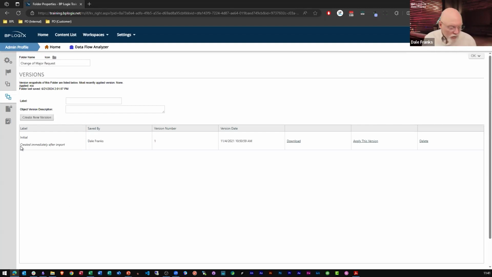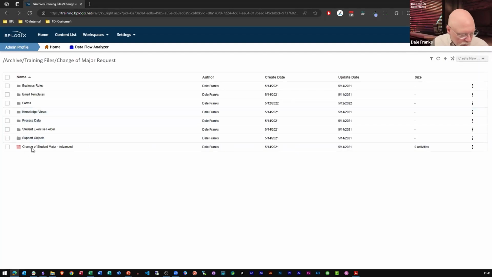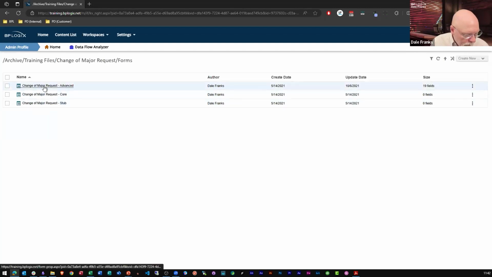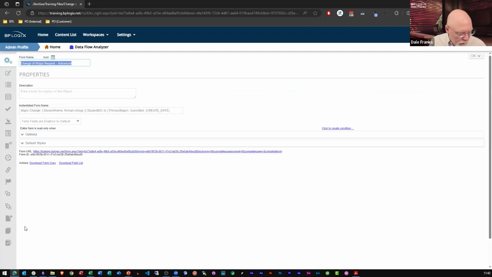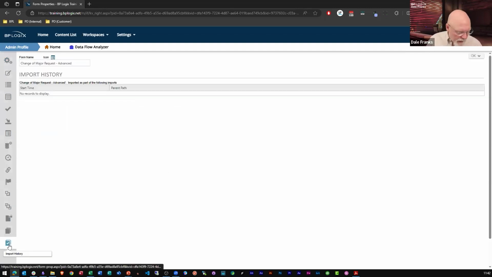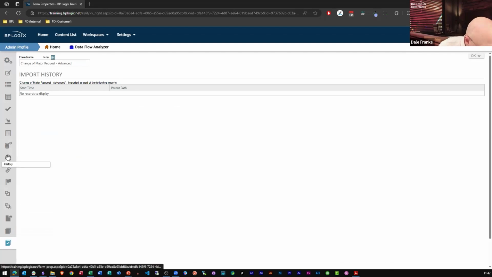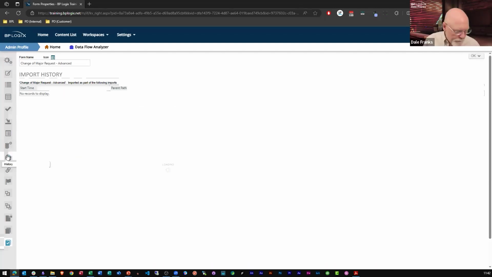Now, we don't have it here on this object, but if you were to look at a form object, at the very bottom, we have an import history tab, which tells me the last time it was imported. And if we scroll up a little further, we have a history tab.